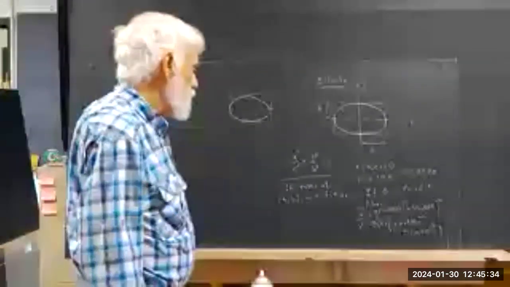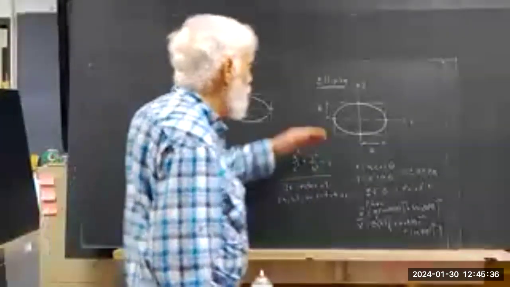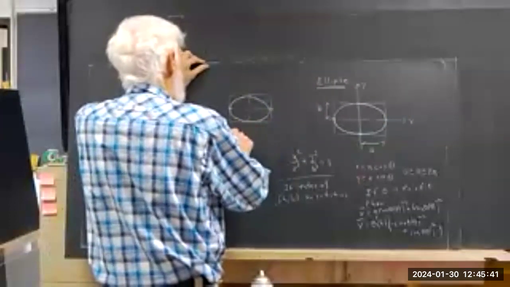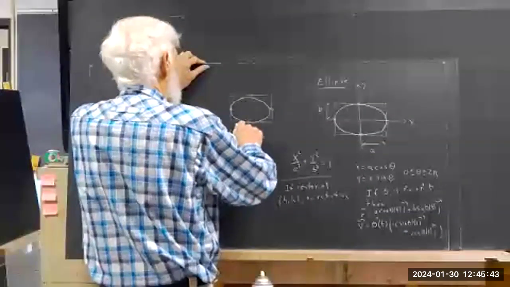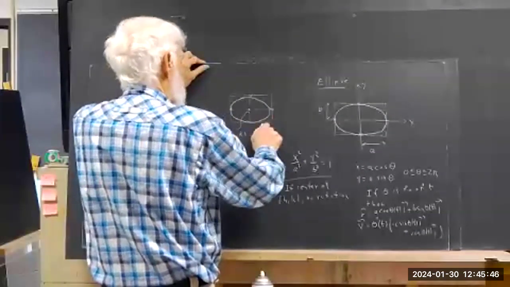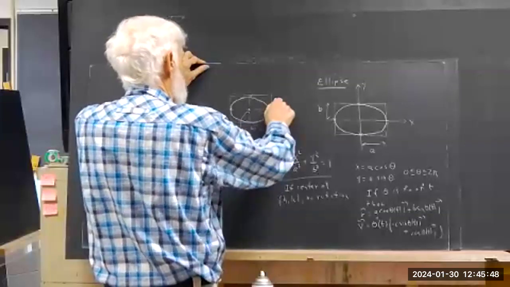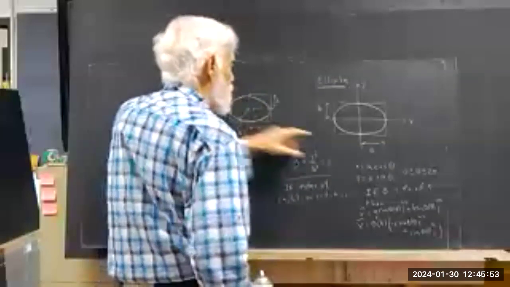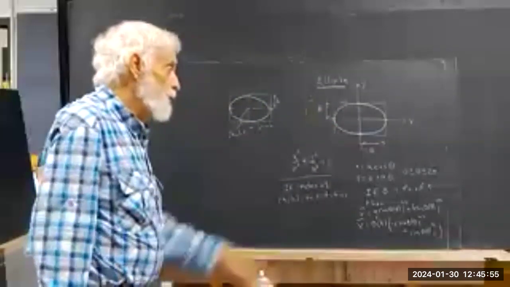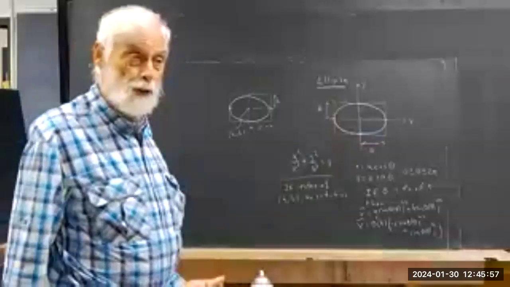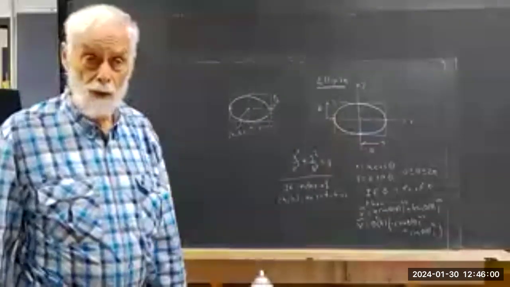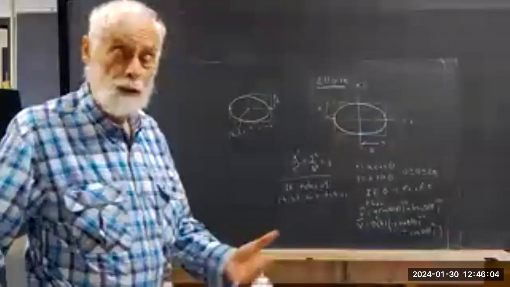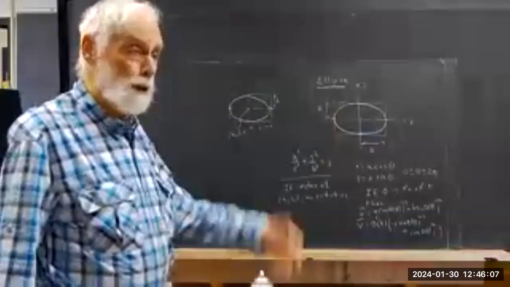If the center is at the point (H, K) with no rotation, so that this is no longer the x-axis, this is no longer the y-axis. This is the point (H, K). This distance is still A, this distance is still B. Well, then you simply shifted the position of this thing H units in the X direction and K units in the Y direction. So the equation, if you remember transformations from pre-calculus,